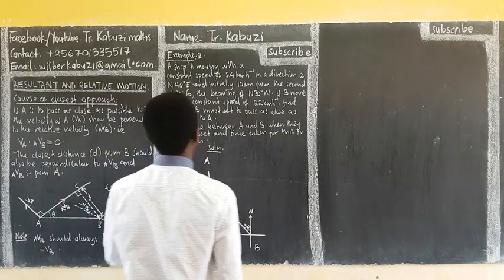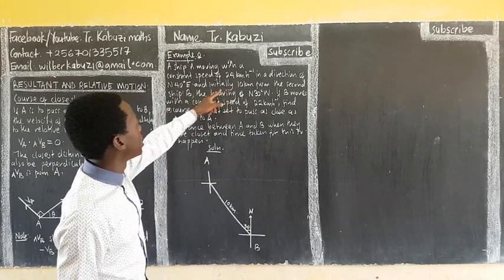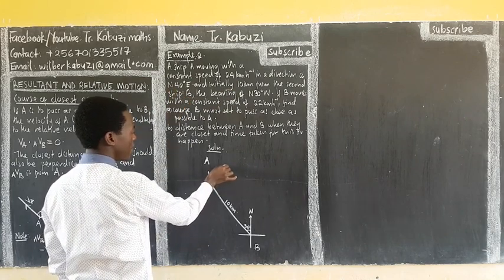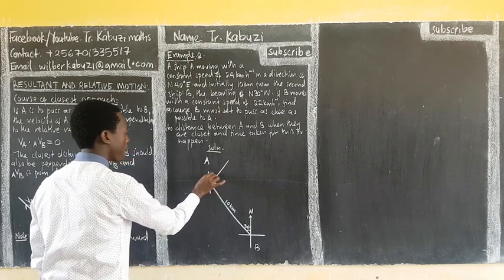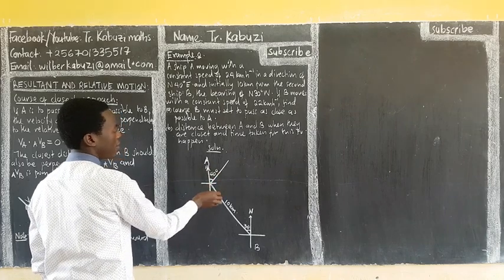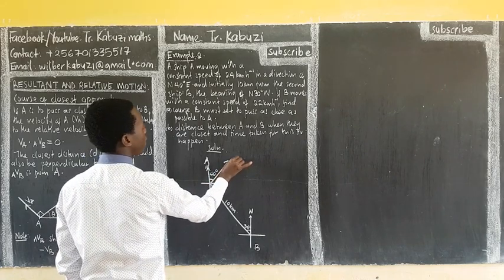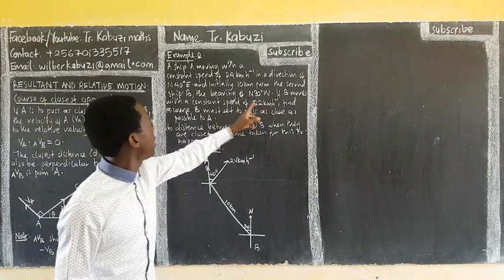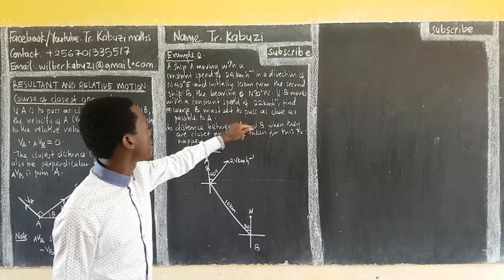Okay. Now they're telling us that this one is moving 20 kilometers per hour in the direction of, this is the direction, north, forward towards the east. So this one is going to be like this. This is north, 40 degrees, because this is our north. North, 40 degrees towards the east. The velocity is 24 kilometers per hour. Okay. If B moves with a constant speed of this, find the course B must set as close as possible